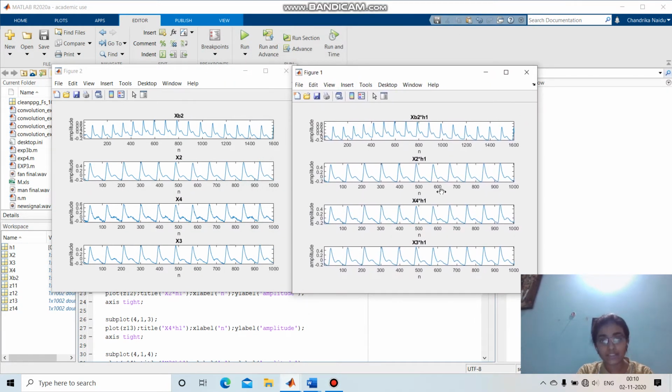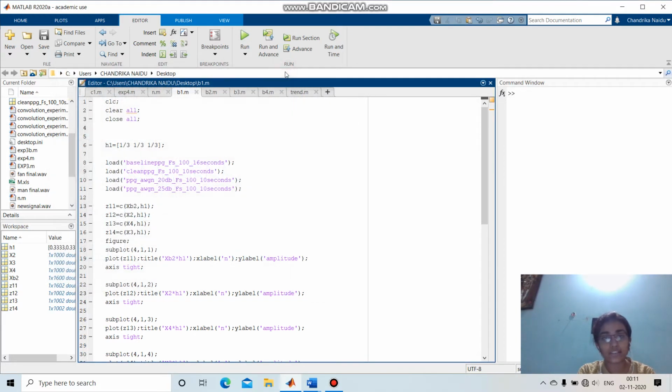So these are basically the convoluted signals and these are the signals before doing convolution. If you look keenly at them, here you can see we are getting only the low frequency part of the signal and all the high frequency part we are not getting. That means the system is passing only the low frequency parts of the signal. So we can call system 1 a low pass filter. It is passing only the low frequency parts of the signal.